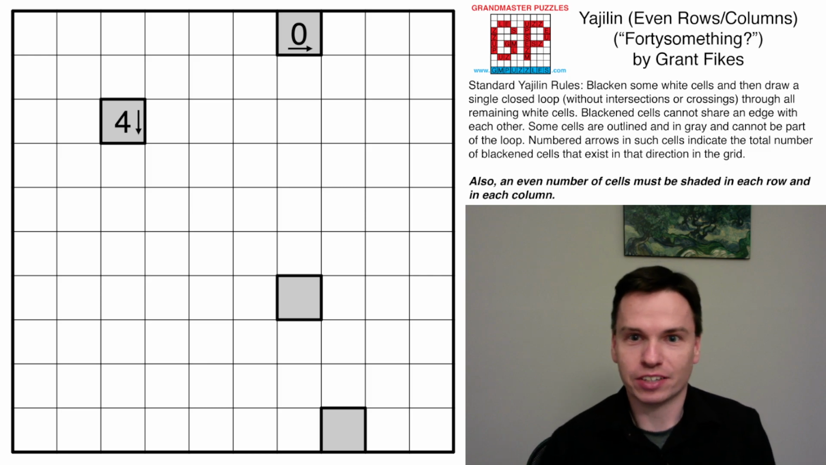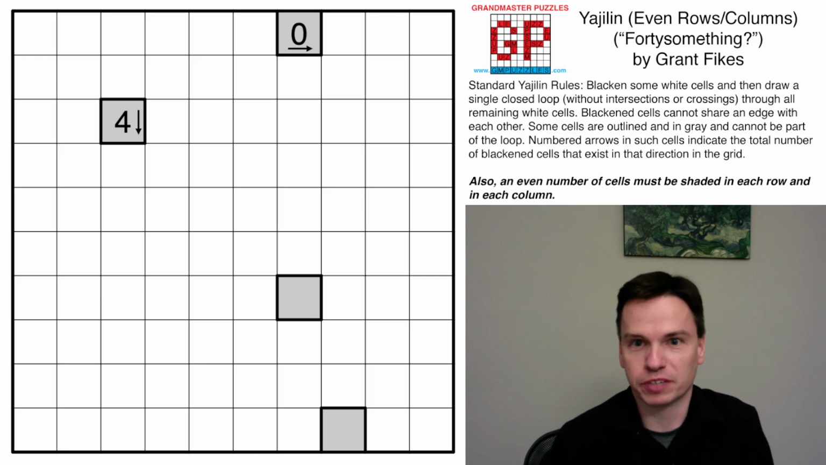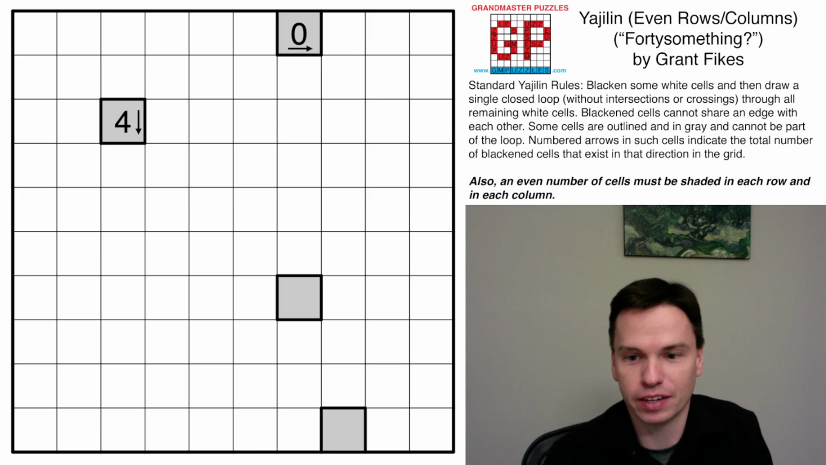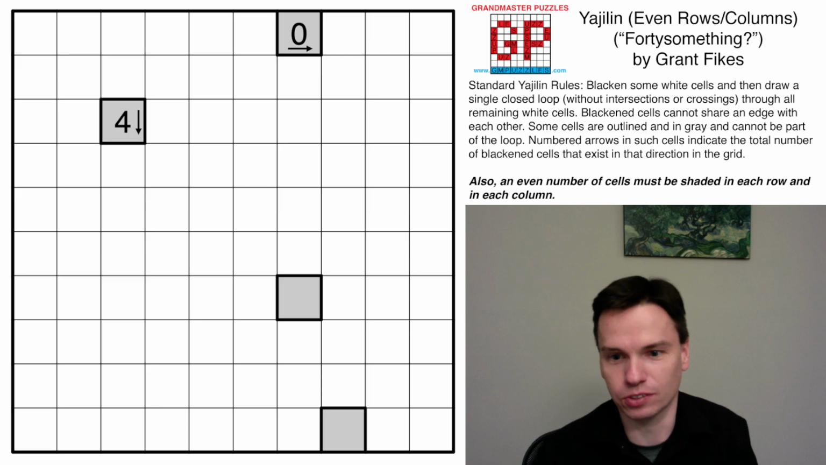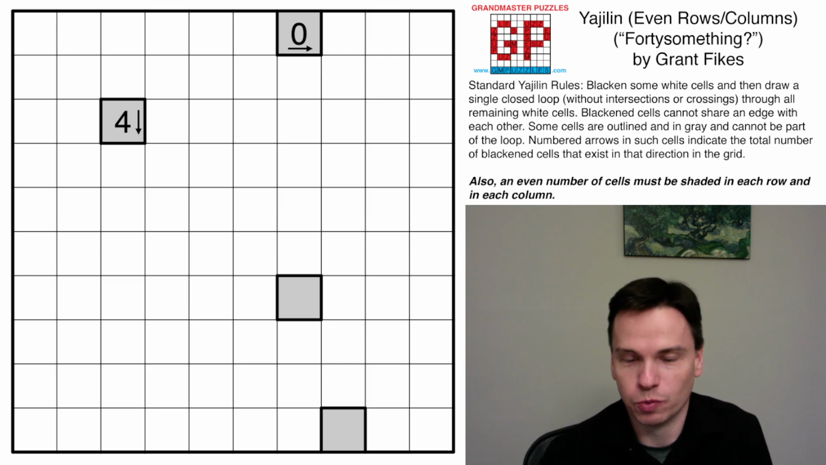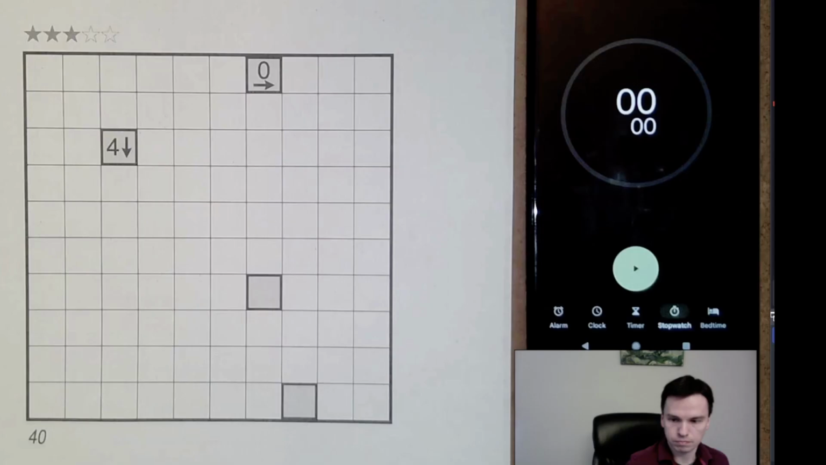We're here to solve this Yajilin even rows and columns variation by Grant Fikes called fortysomething. And it's got a very open grid, and that's possible because of these variant rules. It only has two clues, this 4 and 0, and those are where the fortysomething theme comes from. We're going to, like we have for the rest of this week, focus first on how a speed solve of